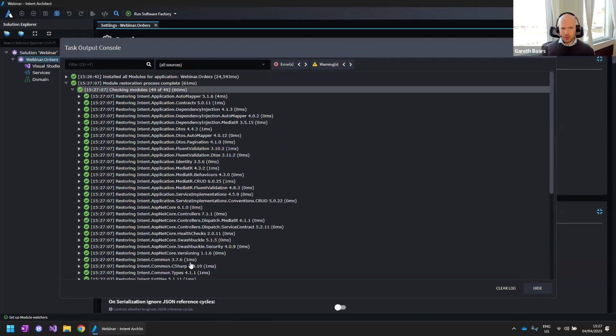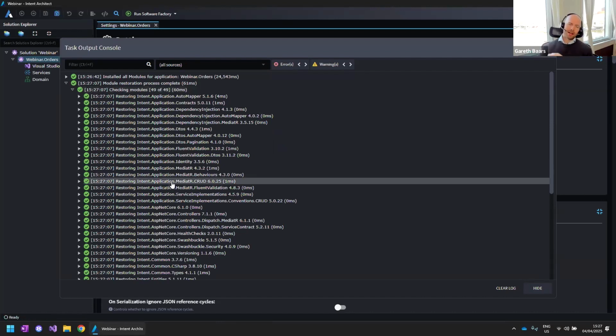These are not NuGet packages, okay? These modules that are being restored are modules. These are artifacts of pattern reuse. So taking a step back here, if we're on a team and we write some code that we want to share across our projects, especially if it's exactly the same code that we want to share each and every single time, we could just turn that code into a NuGet package. And we can version it up and distribute it and use that on all of our projects going forward. That is the essence of code reuse, right? And we want to use code reuse as far as we can, right?